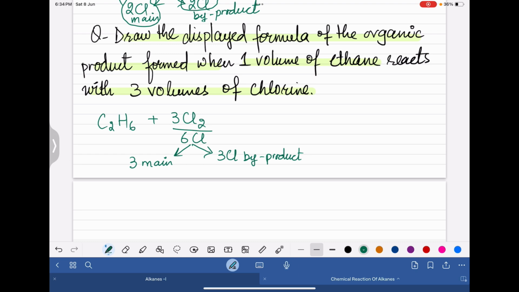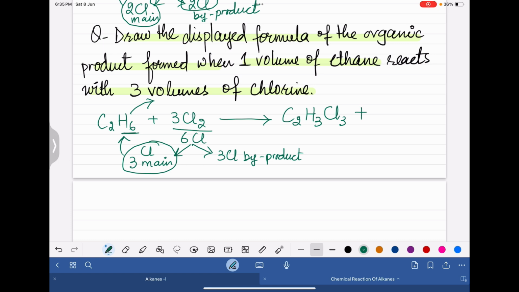So what will be the product formed? The carbon atom will remain the same, the hydrogen atoms will change, as 3 chlorine atoms will go into the main product, so 3 hydrogen atoms will be kicked out of the methane. So the remaining hydrogen atom will be written down, and 3 chlorine atoms are substituted here. Plus,